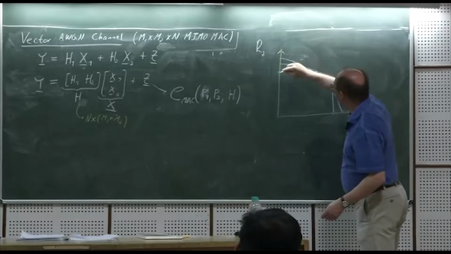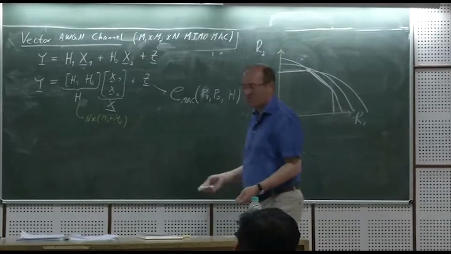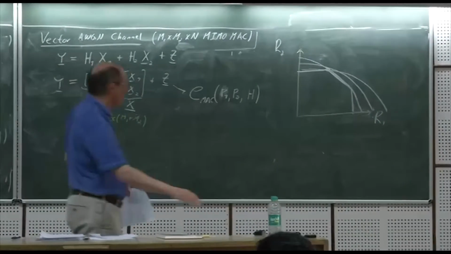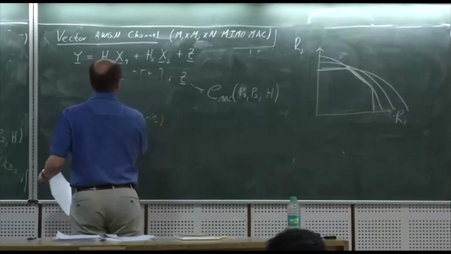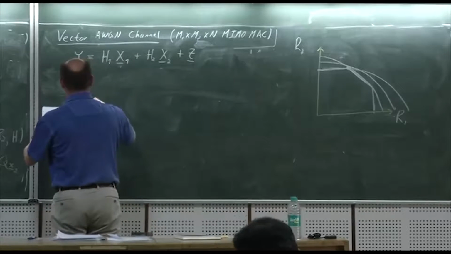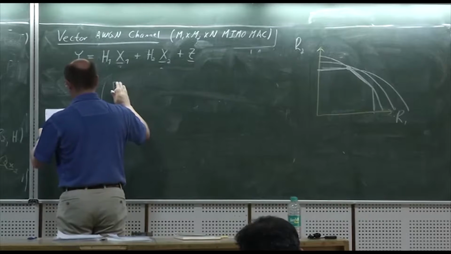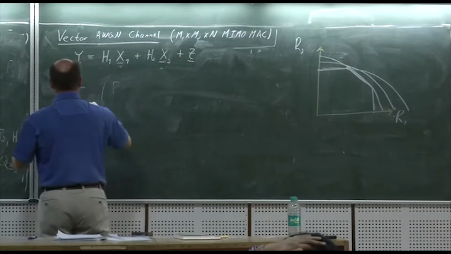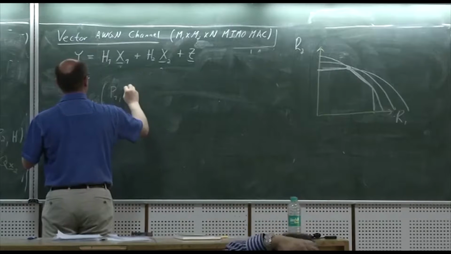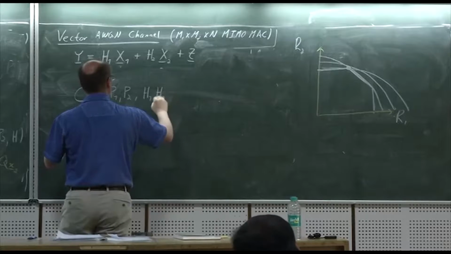And it turns out that the MAC region is actually the intersection of the capacity regions of many broadcast channels. So I can quickly write it out formally for you, and then at least you'll get a feel for what this looks like. So it turns out that the capacity region of a MAC, sorry, I want to start with the MAC. Capacity region of a MAC with powers P1, P2, and where the channels are H1 and H2, the subchannels, is